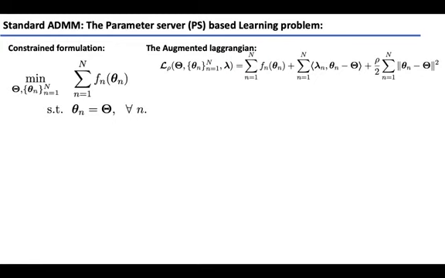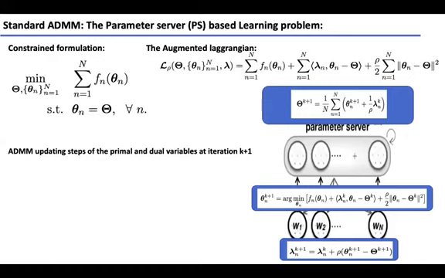ADMM formulates the augmented Lagrangian, which has one additive term compared to the standard Lagrangian that is used in dual decomposition, and in fact the additive term is this quadratic term where rho is a positive number. At iteration k+1, the primal and dual variables are updated as follows. First, all the workers in parallel, every one of them updates its own model using the kth version of the global model and the kth version of the dual